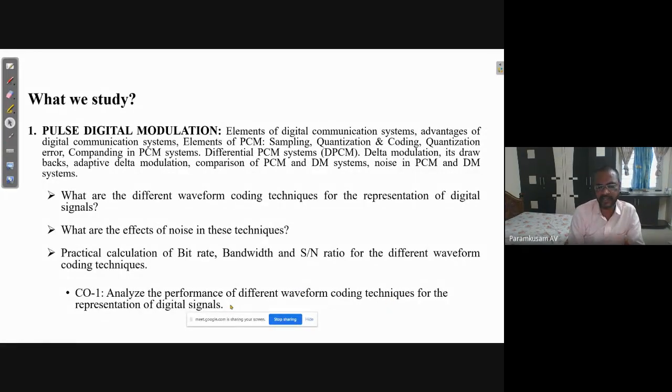So after completing this first unit, you should be in a position to analyze the performance of different waveform coding techniques. ఇక్కడ PCM, DPCM, DM మూడు ఉన్నాయి కదా, ఈ మూడు కోడింగ్ టెక్నిక్స్ మీరు అనాలిసిస్ చేయగలరు అన్నమాట. ఓకే, for the representation of digital signals. So this is the course outcome 1.